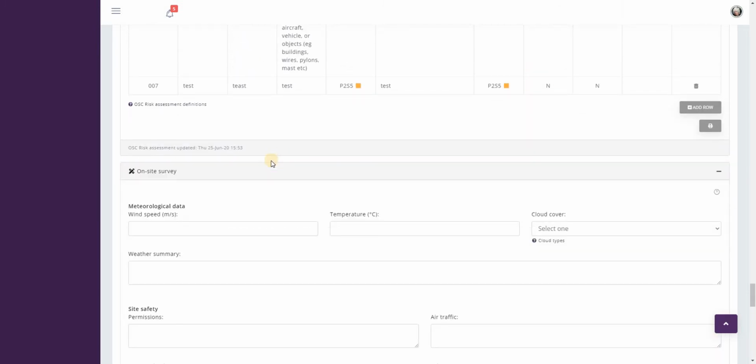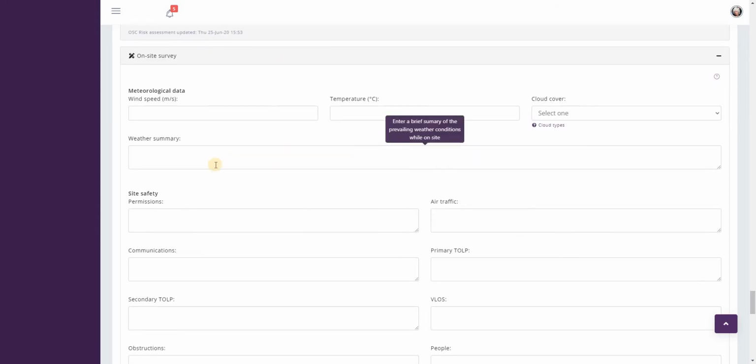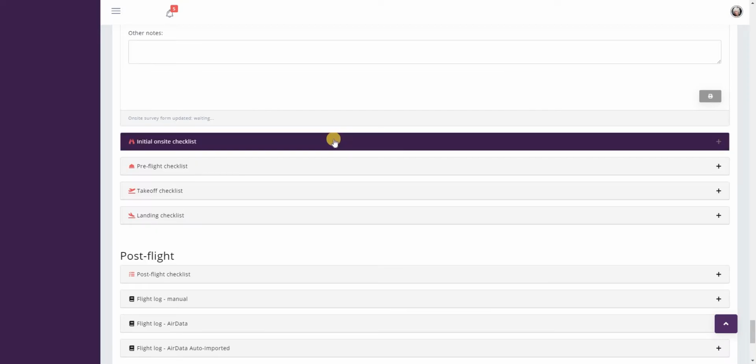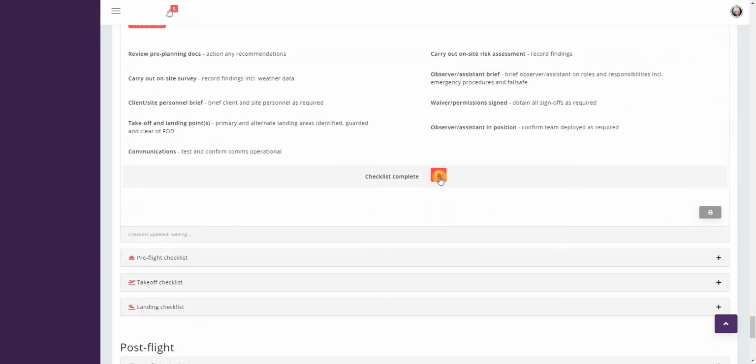Then you've got an on-site survey. So this you would fill in, generally speaking, when you're on site. So metadata, temperature, cloud cover. If you're not sure about cloud types and who remembers all of them, then there is an image that will help you. And then you've got further checklists, on-site checklist,